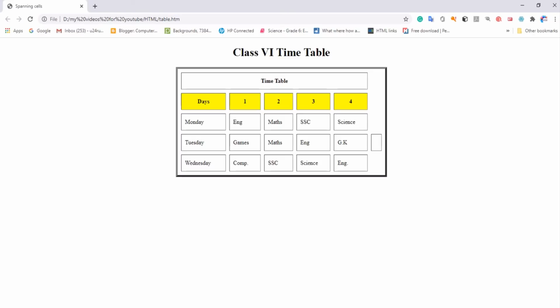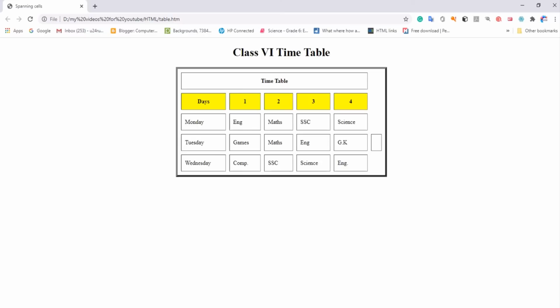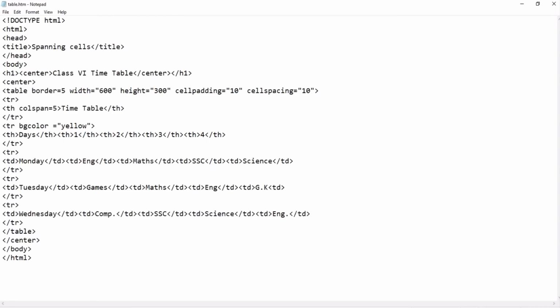I hope you are understanding what I am trying to tell you. After GK, I have to close this. Fine. This is cell padding and cell spacing. Clear? So now how to change the cell contents?